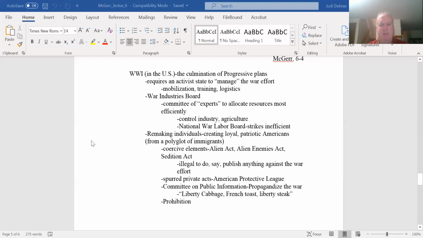And so that pressure effort tied up to the war effort convinced Woodrow Wilson to support a federal amendment to give women the right to vote. As he said, women's effort in the war has earned them the right to vote. And so all these things are bound up. So World War I is the apex of this progressive movement in shaping American life. It is right as it hits this apex that it comes to its denouement as well.